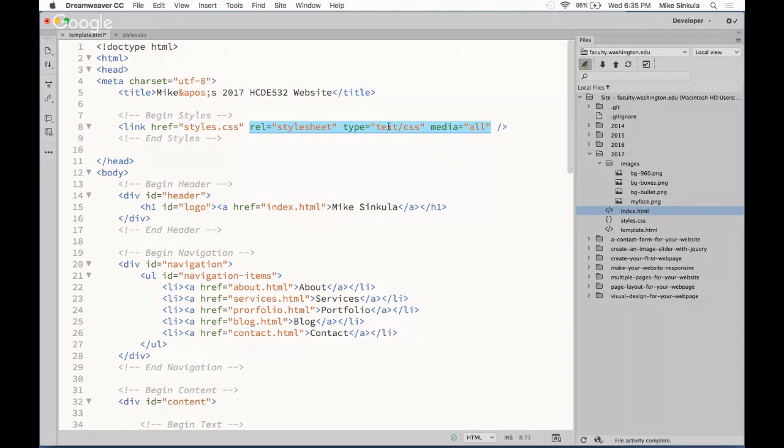I'm pretty sure that if I deleted these attributes, this would still work. But I'm always hesitant to. Why do you do that? Well, it's just the practice that I've learned over the years. And I can tell you that this says it's a style sheet, this says it's a text file,